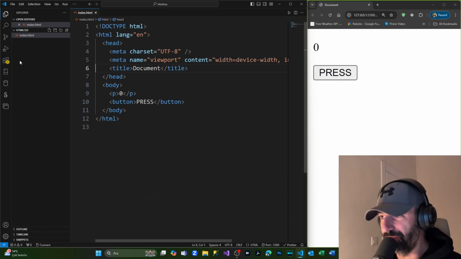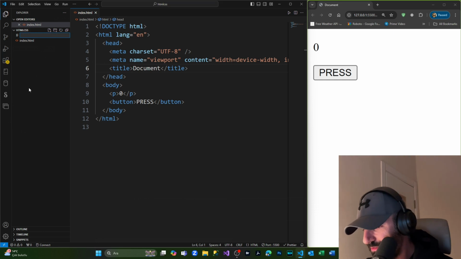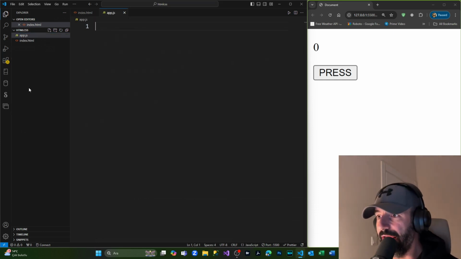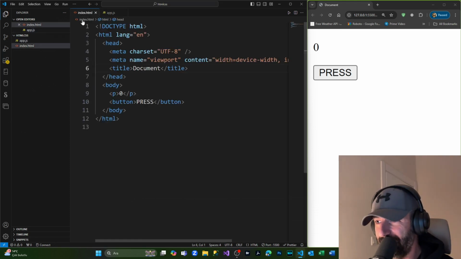Now, how to do that? We're coming to the Explorer section and simply adding a file. I'm gonna name it app.js. Okay, we've created it. Let's come inside our index.html file, and in order to link the app.js file, we're simply coming to